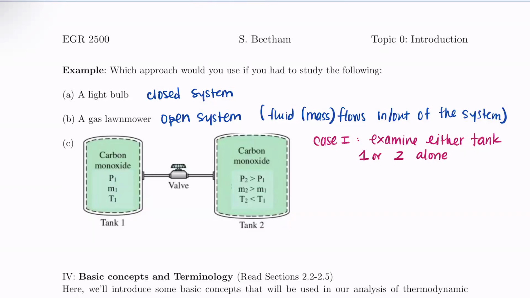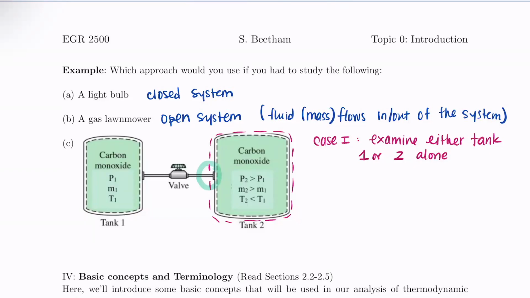So for example, if we just wanted to look at tank two, and this is our control surface, would this be an open or a closed system, do we think? So these are two tanks connected with some duct work, and there's a valve in between. So presumably things are passing between the two tanks, right? So if we're just looking at the one side of it, what is happening